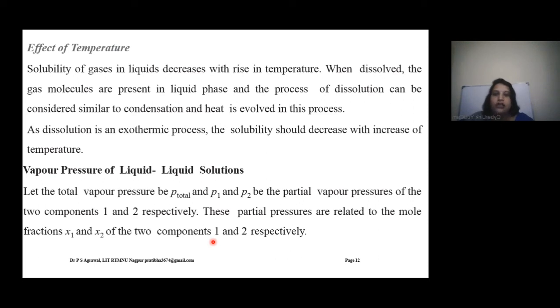Now, Henry's law has various applications in industry and in some biological phenomena also. To increase the solubility of CO2 in soft drinks and soda water, the bottle is sealed under high pressure, so CO2 is dissolved in the liquid. In lungs, where oxygen is present in air with high partial pressure, hemoglobin combines with O2 to form oxyhemoglobin. In tissues, partial pressure of oxygen is low, so oxyhemoglobin releases oxygen, which is used in cellular